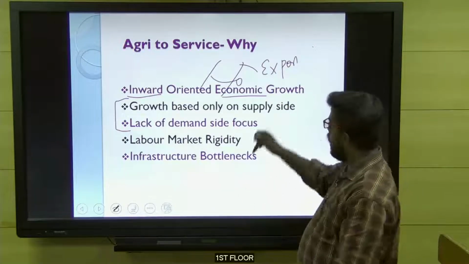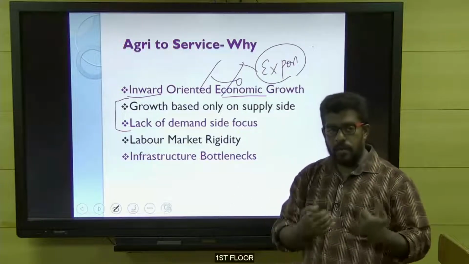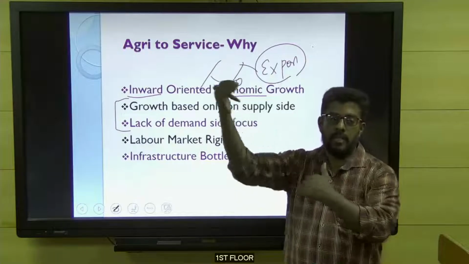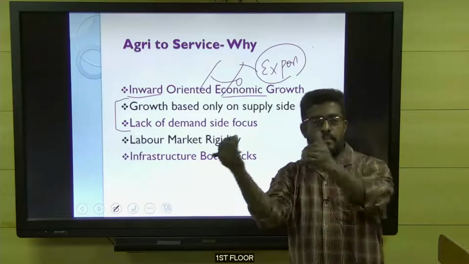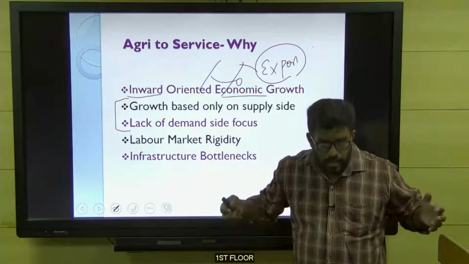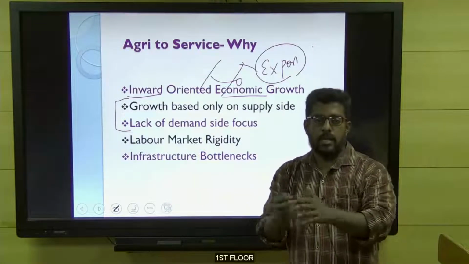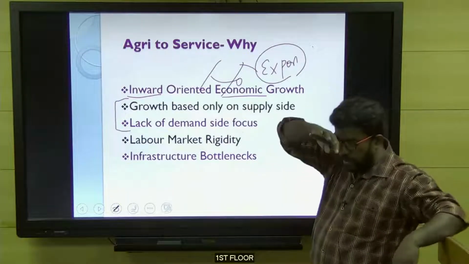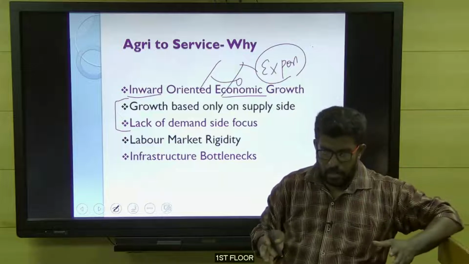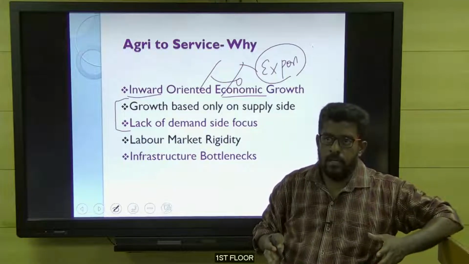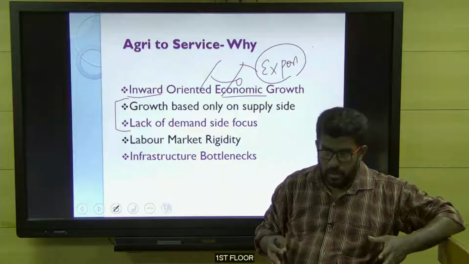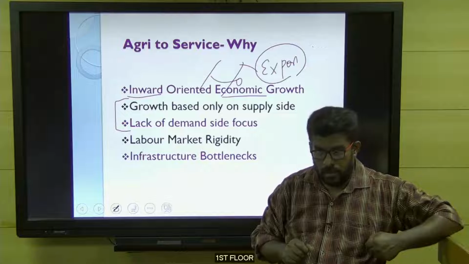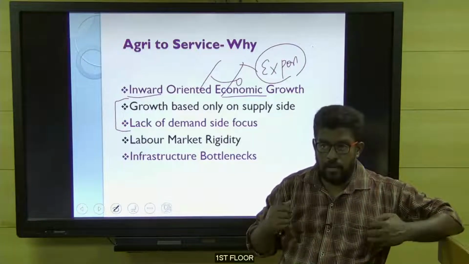But we were unable to do exports. Why are we unable to export? Because we are not able to understand the pulse of the global trade, because our manufacturing was not aligned with the global trade, because we were a highly inward oriented economy till 1991. That is the point. If you want to elaborate, you can write: till 1991 our economy was a closed economy, and we were unable to